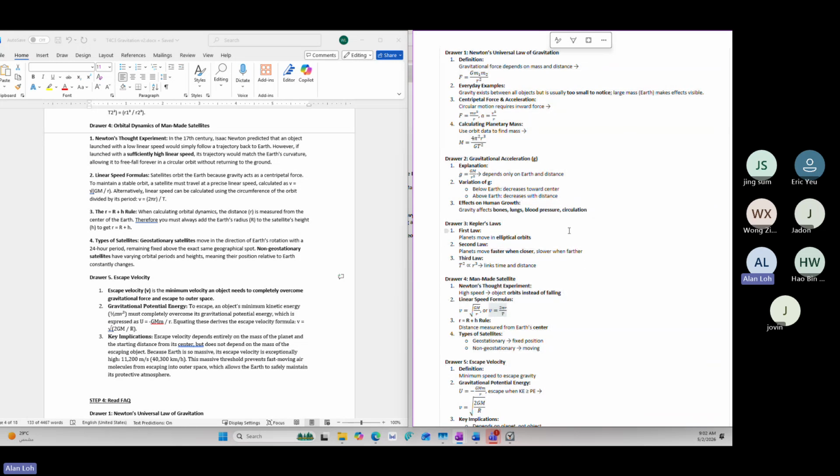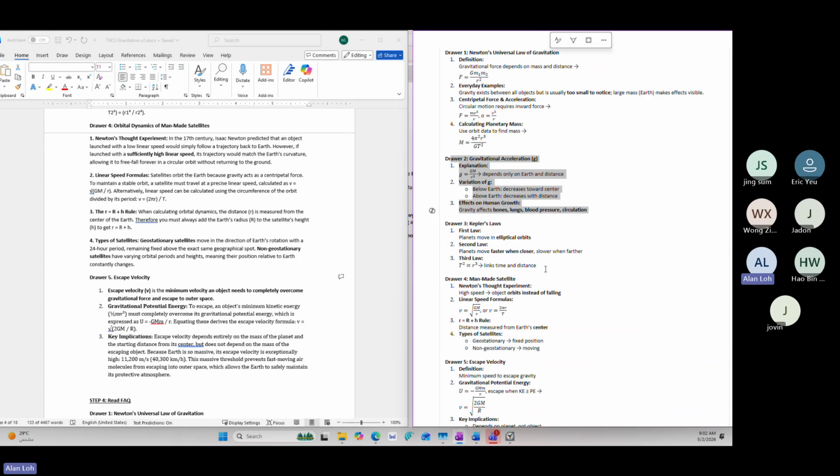So now you know that there are 5 drawers, and you know these 5 drawers' names, and you also know a bit more of each drawer. What is the content of that first drawer? First drawer is Newton's law. You know that there are these definitions, this very weird formula that you're going to learn in more detail later. You know that there's this centripetal force. If you know by now what is centripetal force, excellent. If not, it's fine as well. But at least you know there's this centripetal force in this drawer. Then for drawer number 2, you have gravitational acceleration. Right? You have this key information inside.